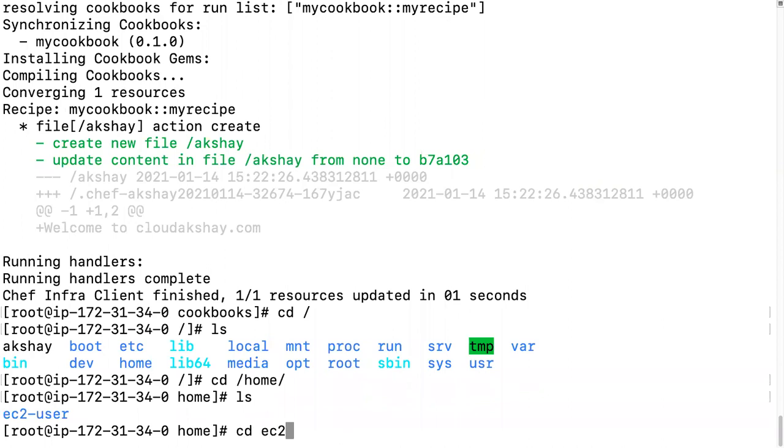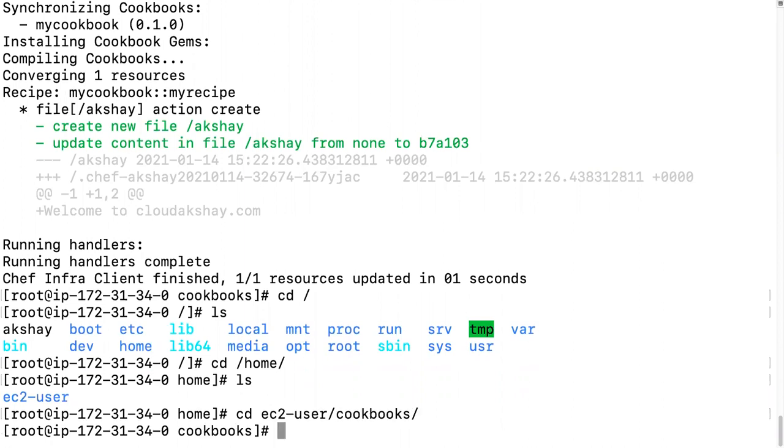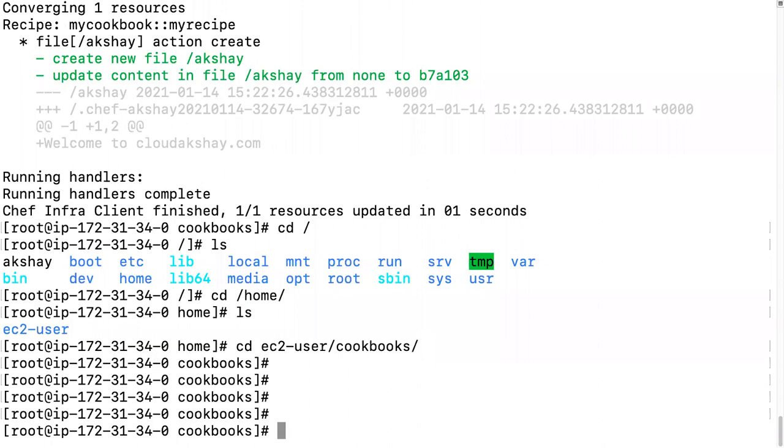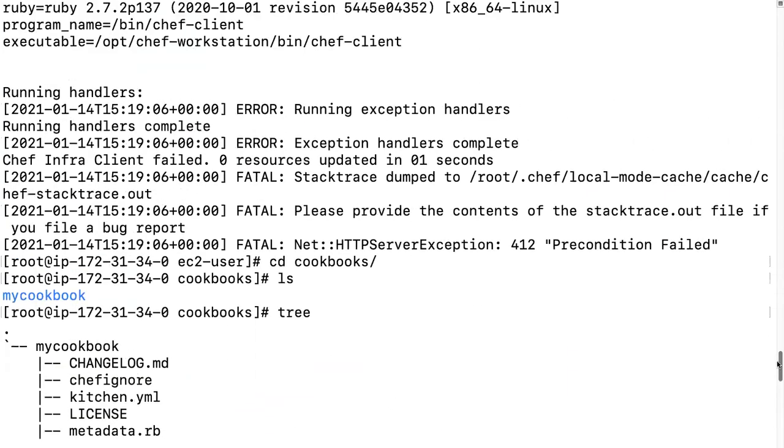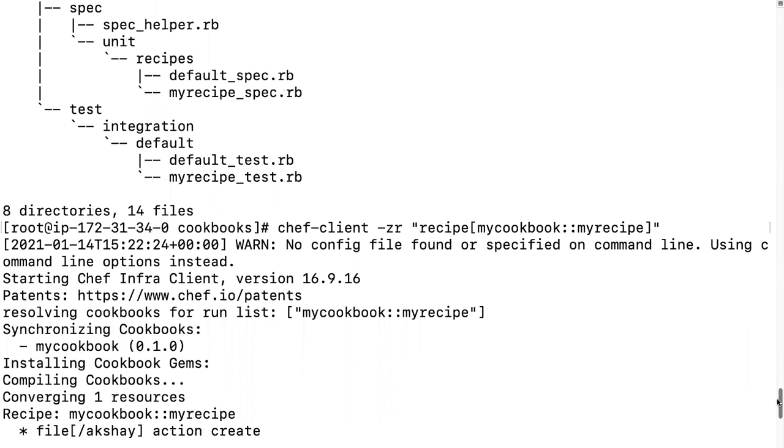I need to go into the cookbook directory. No, cookbooks. So this is my default directory, and here I run my command, and let's update something new in that directory.